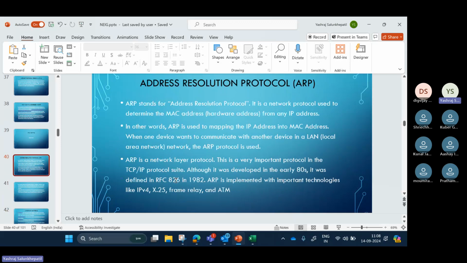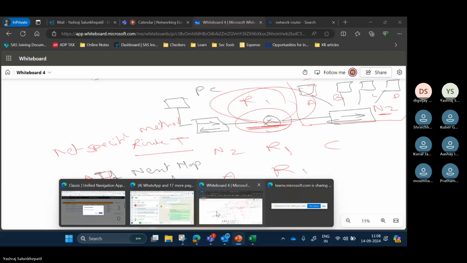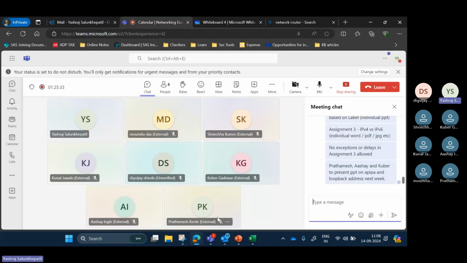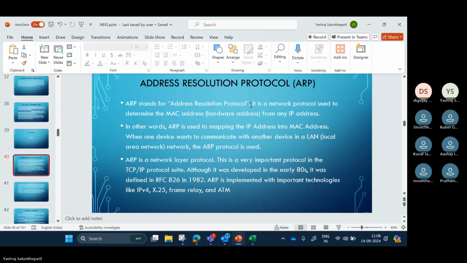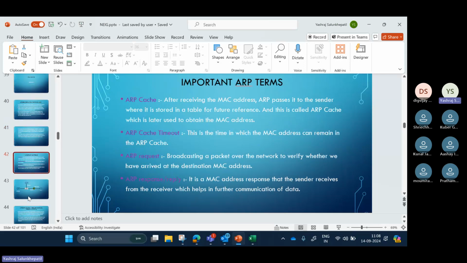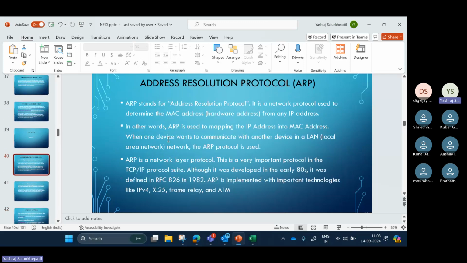Okay, let's go through the theory at least. Okay, let's see what address ARP is.